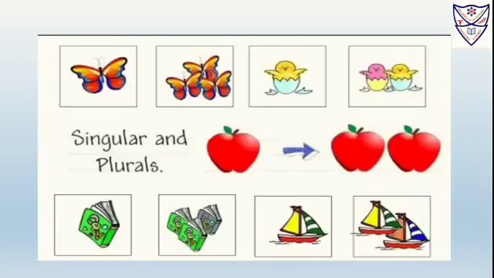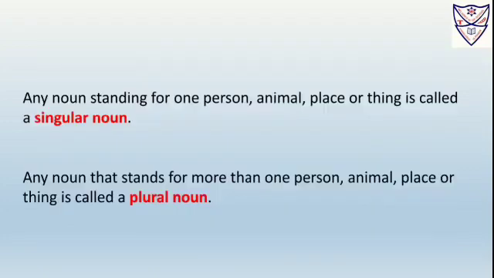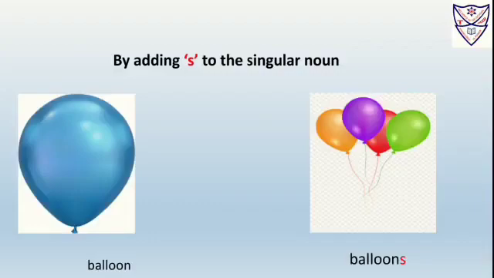Now when we talk about one person, one thing, or one animal, at that time it is called singular, and if it is more than one, that is called plural. Number of noun means we are talking about singular and plural. As we already know, when a noun refers to a single person, animal or thing, it is called singular. And when it refers to many persons, animals or things, it is called plural. A singular noun changes into a plural noun in many ways.